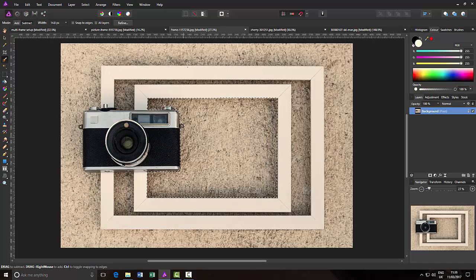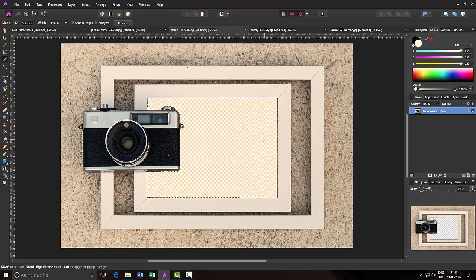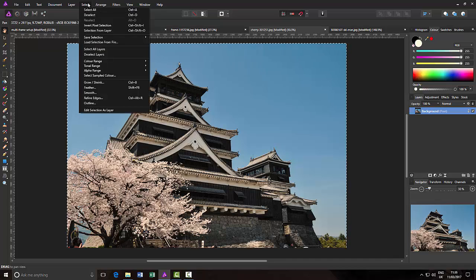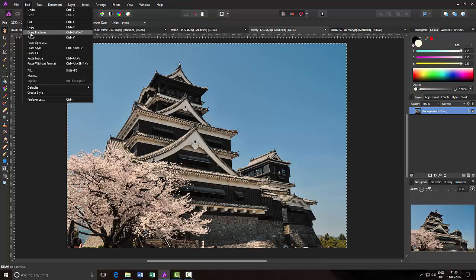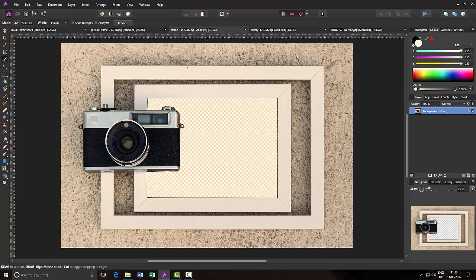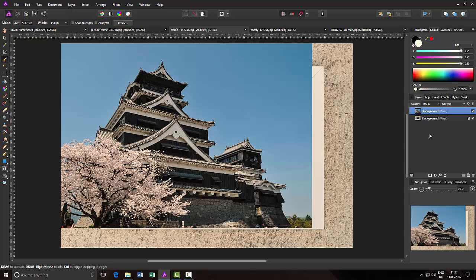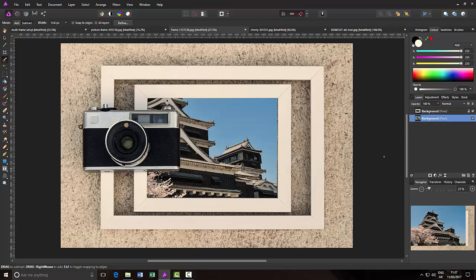So I've got this selection area here, so if I just press the delete key, that area would now be removed. I can press Control and D to get rid of that. So I can then get my picture, select all, edit, copy, come back to my image, and then edit, paste. And if I click and drag this layer below the background layer, like so,